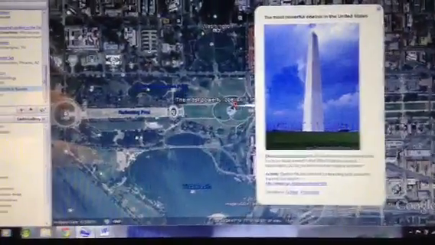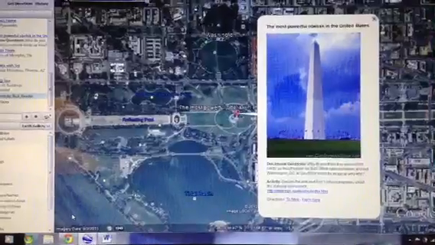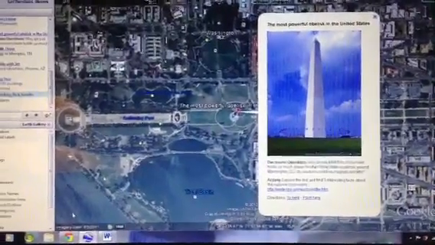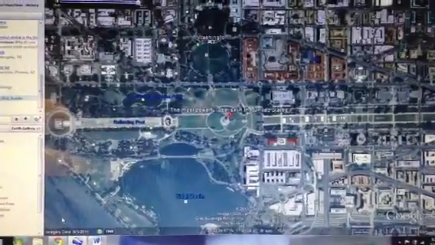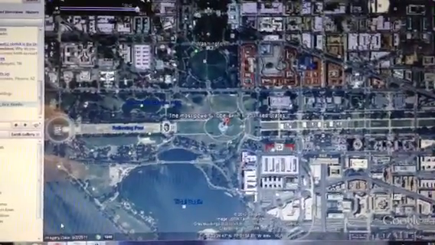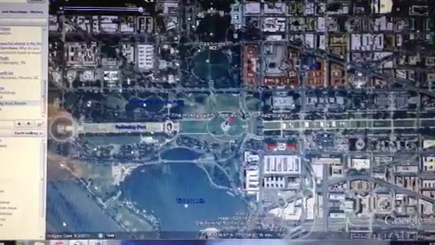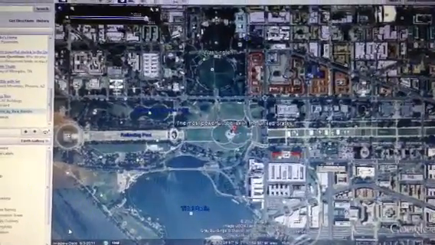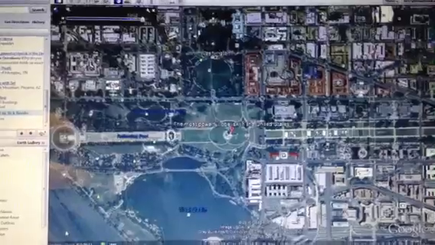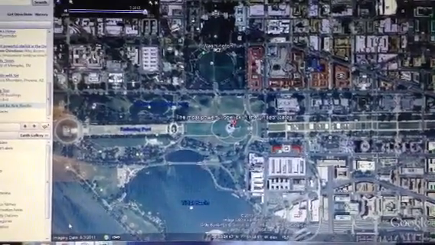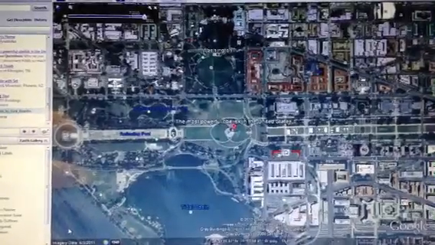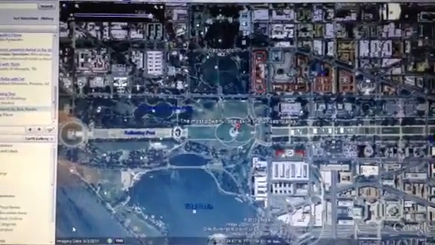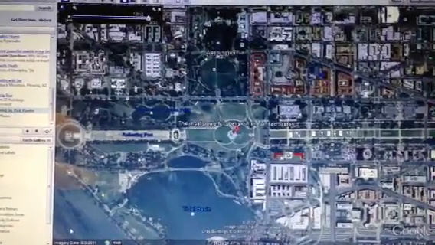Now there are several places that are in and around Washington, D.C. Washington, D.C. historically was one of the first cities to be thoroughly planned out before it started to be built. So there's a lot of symmetry within the city. So we can check in on the Lincoln Memorial, where the White House is, where the Capitol building is, the reflecting pool, and how those are laid out so symmetrically. And we can zoom in to see the architecture of those buildings to see if we can see any similarities